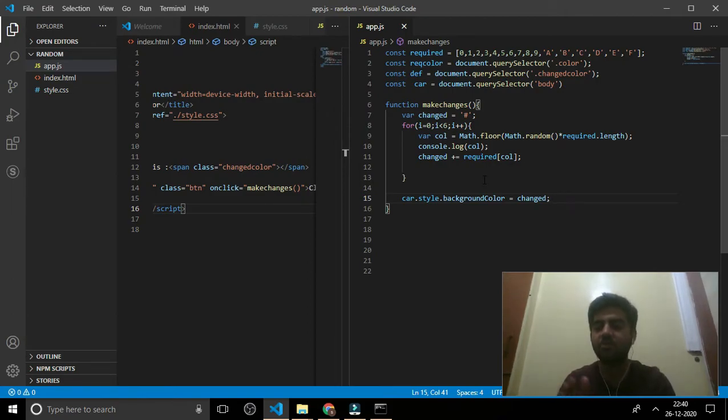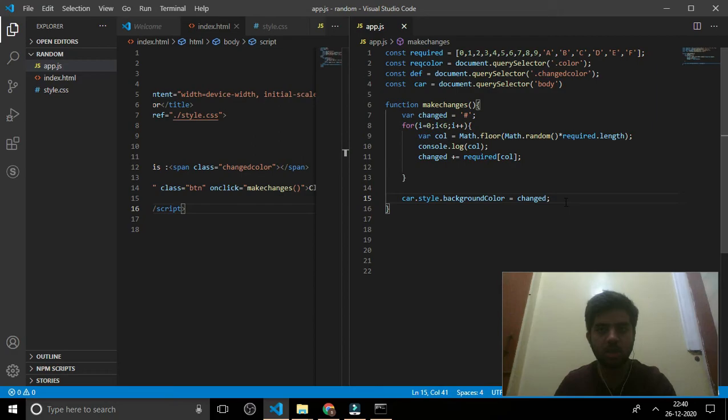We will assign the value of the variable changed to this dot style dot background color, okay. So on looping 6 times in the for loop, changed will have 6 strings concatenated with a hashtag, so that it will make a particular color, okay.